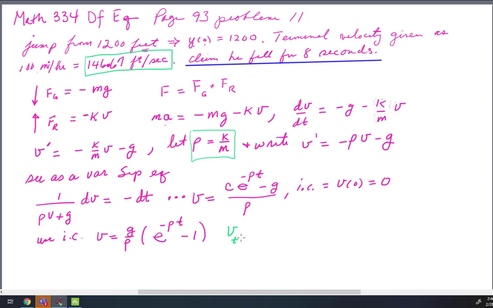Well, the terminal velocity, Vt, is the velocity when Fg is equal to Fr. When the force in this direction is totally counterbalanced by the force in that direction, there will be no net force, and the object will not accelerate anymore. That is, its velocity won't change. It'll maintain the velocity it has, but its velocity won't change. So that is